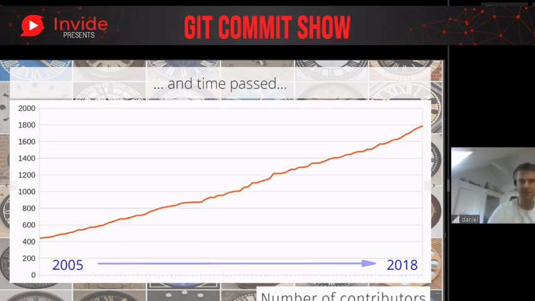And this graph is not the most updated graph, but you can see the number of contributors in the project from 2005 to 2018. These are people that have helped out, and not only writing code, but also suggestions, pointing out problems, reporting bugs, and writing docs.